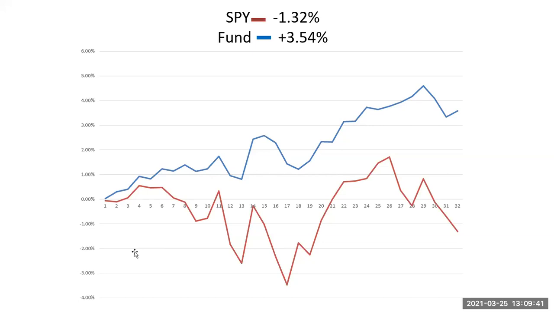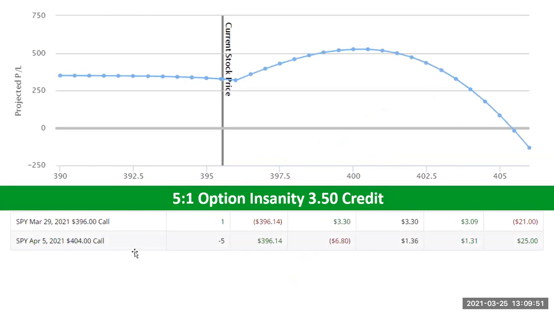If you're not familiar with it, it basically focuses on option premium selling, and then also to a smaller degree some of the spreads that we talk about in this webinar. And this is the one that I focus on as far as the fund is concerned, because it does bring in a credit. So if markets come down, because I'm selling put options basically, but if stocks come down, then I've got a little bit of a credit going on with the option insanity trades. And of course, this is the option insanity trade that I took.